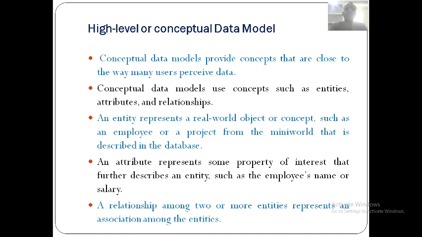An entity represents a real world object. This is all you know. Example, employee, project, student, college. These are the various entities. An attribute represents some property of interest. Some property of interest means which attributes? See, each and every person has so many attributes.